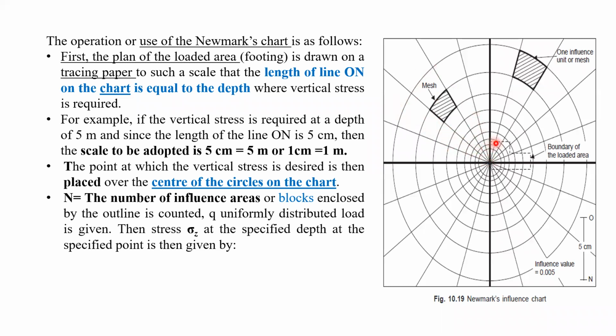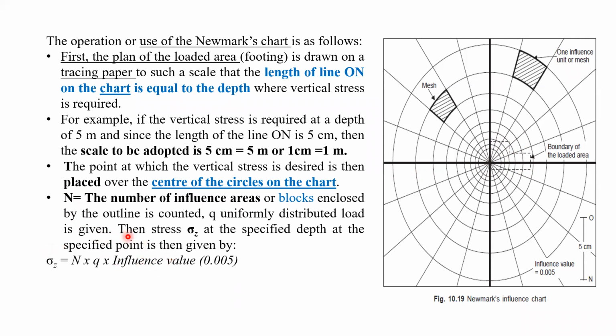So you can see this dotted line. This dotted line is the actual plan which has been drawn on the tracing paper for the irregular shape of the structure. So what we have to do, we have to count the blocks. How many blocks are going to lie in the area of this dotted line, or in the area of the plan? So we shall count the blocks: 1, 2, 3, 4, 5, 6, 7, 8, 9, 10, 11, 12, 13, 14. Like that we shall count. After counting, that will give the value of n, right?